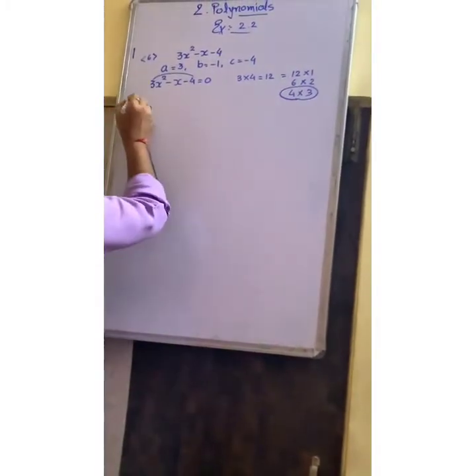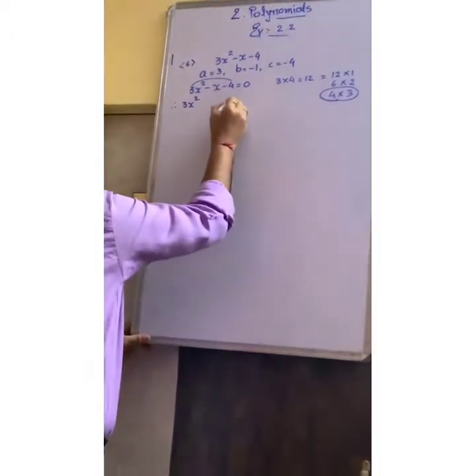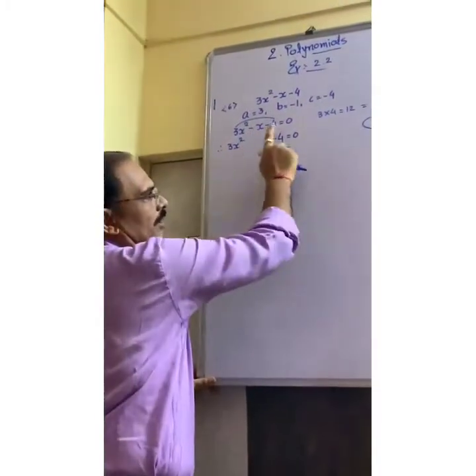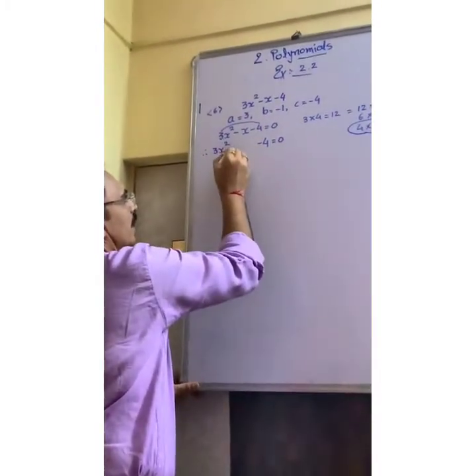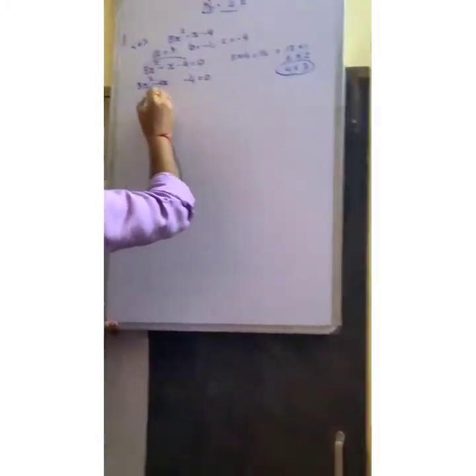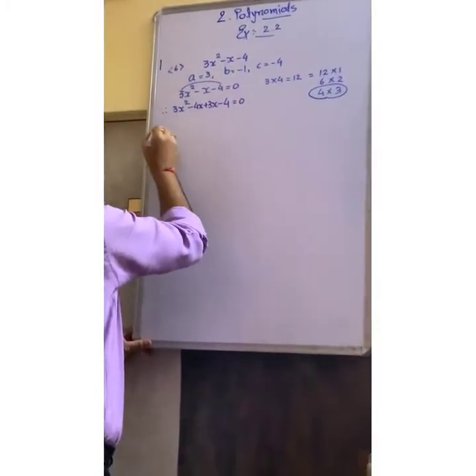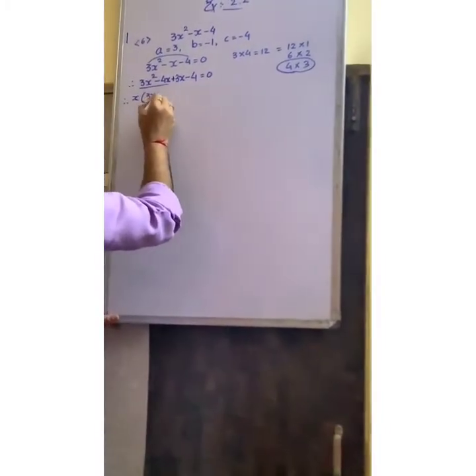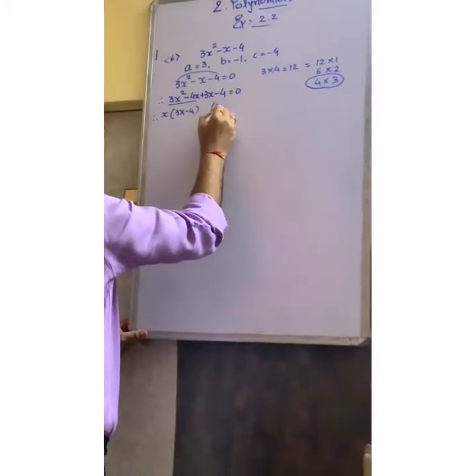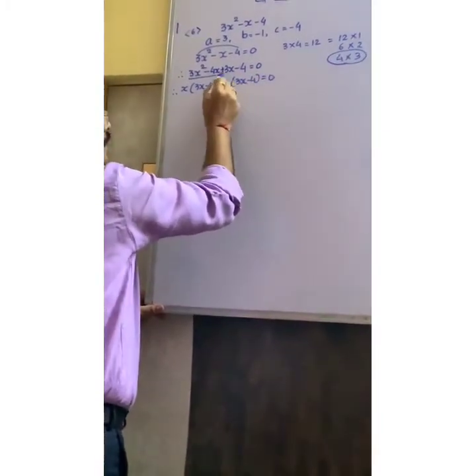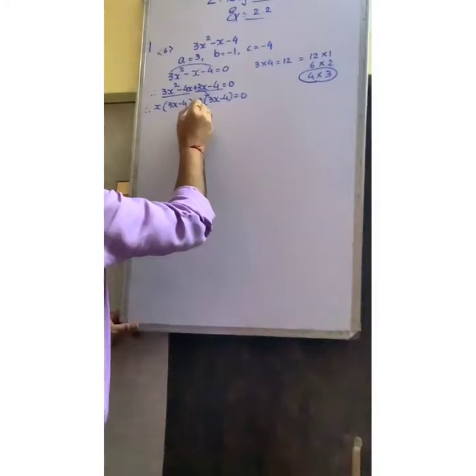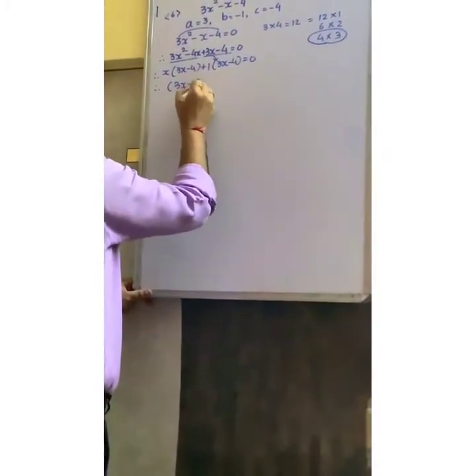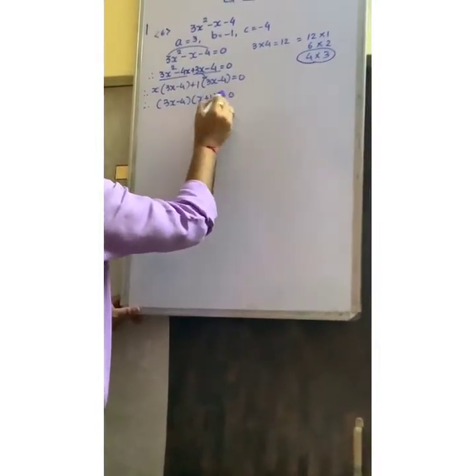Now, first term as it is, last term as it is, equal to 0. Minus 1x I want. So write first bigger number, minus 4x. In subtraction, one is minus, another is plus. Now make a group of first two. Take x common, remaining 3x minus 4. I want the same bracket. So write 3x minus 4 here equal to 0. 3x is already there. Nothing is common. So plus 1 is common. 3x minus 4 common, x plus 1 equal to 0.